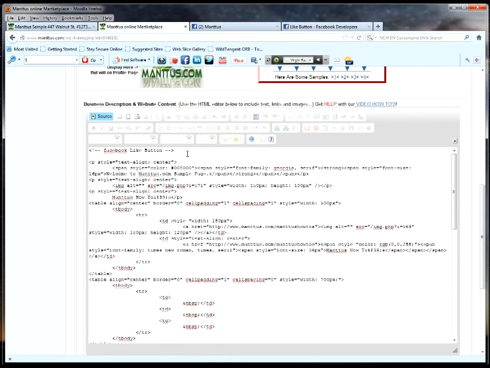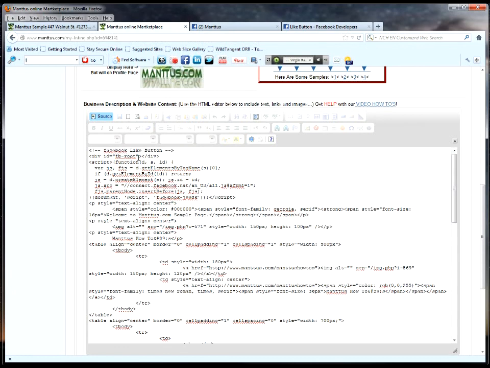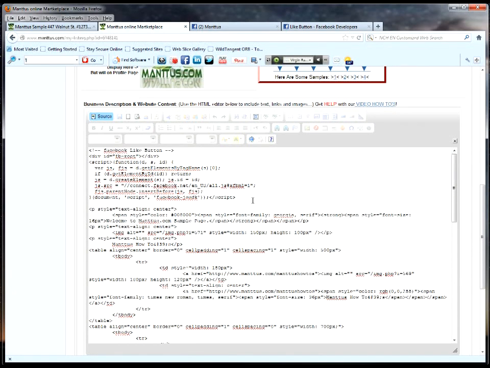You can add another space if you want, and then in this editor you have to hit the keys in order to cut and paste. You're going to hold down the control key and hit the letter V, and that will paste that section of code that you copied out of the Facebook page right below the Facebook like